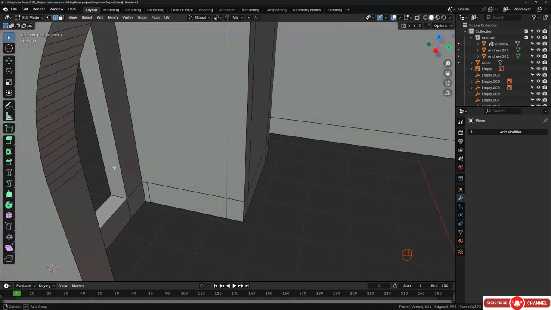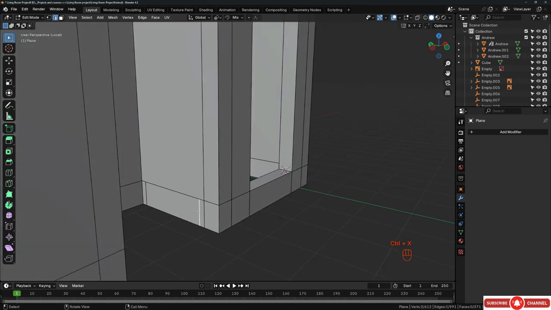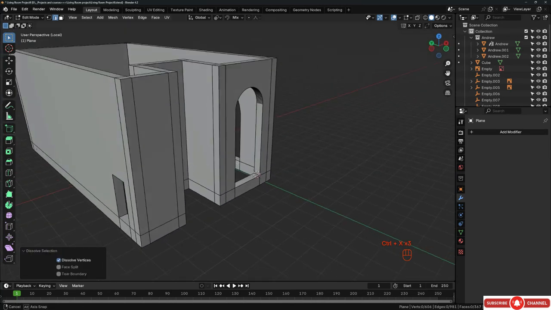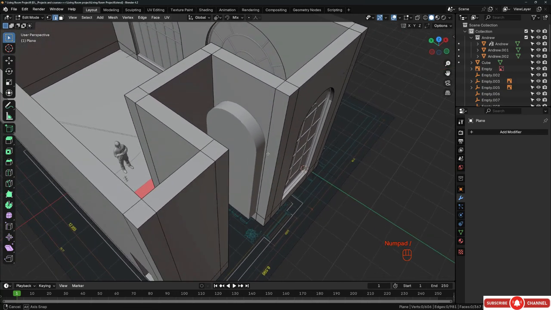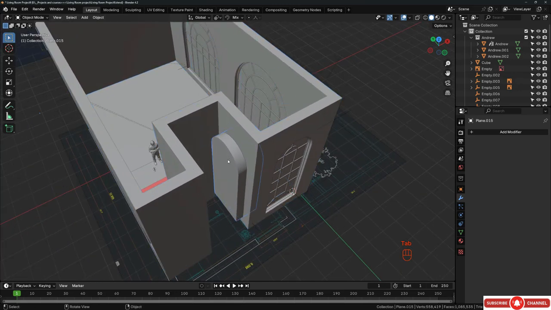And these edges, it's up to you to keep them or delete them. I guess we don't need them actually. I can delete them, it's okay. All right, now let's hit slash to exit, and I'm going to use this piece as a cutter to cut this area. So I will select the cutter as a first object, hold shift, select the structure,